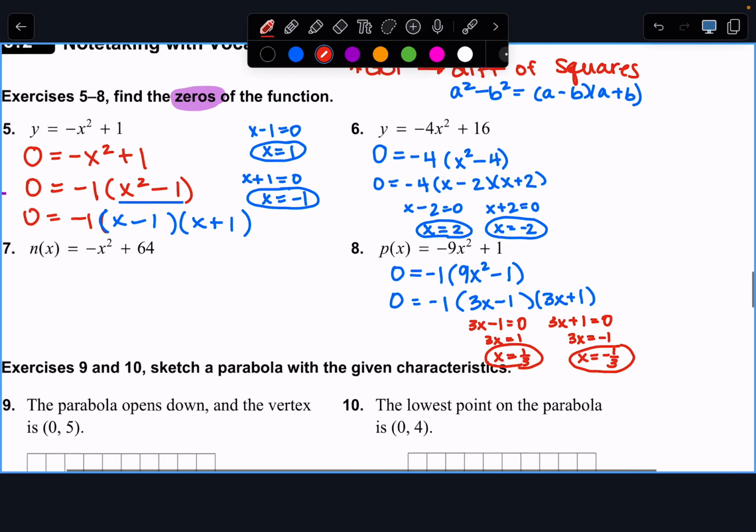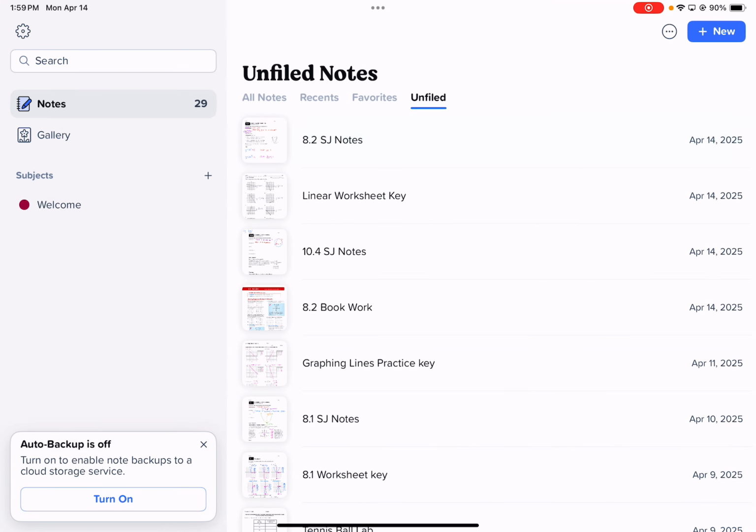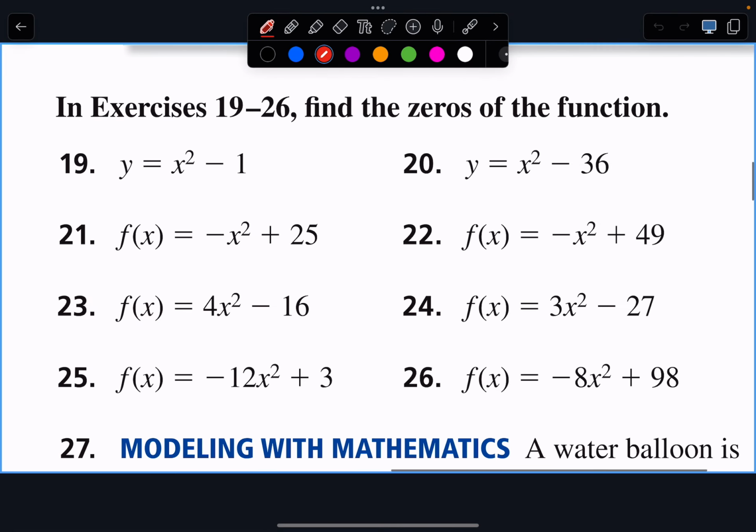Okay, so here's what's going to happen. We have a graded worksheet, but before I give you the graded worksheet, I want to make sure that you can handle finding the zeros of a function. So you are going